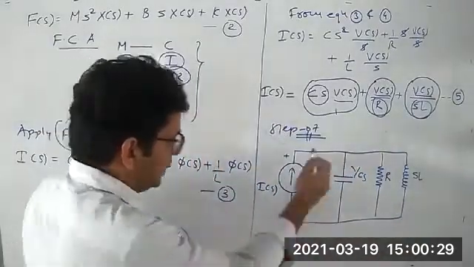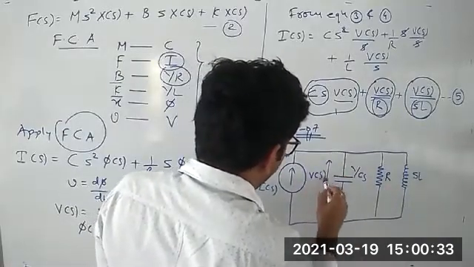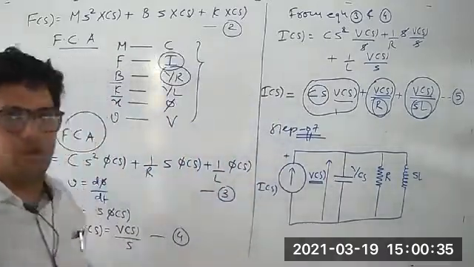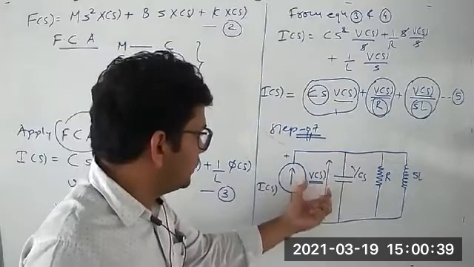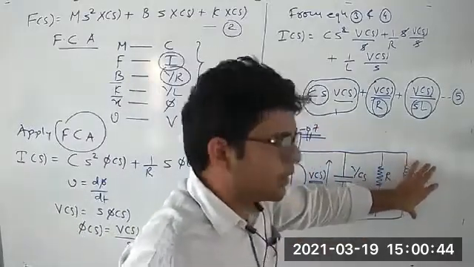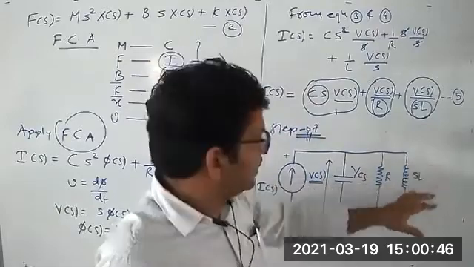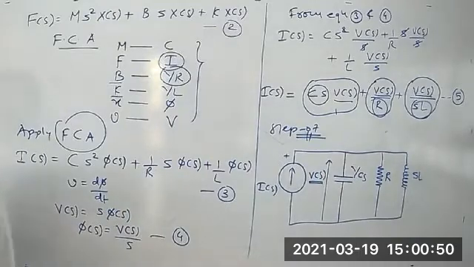configuration. And across each component, here we are having the voltage as V of S. So this V of S is applicable across the capacitive reactance, the same V of S is applicable across your resistor, and the same V of S is applicable across your inductive reactance. So in this way we can apply the force current analogy in order to obtain the analogous electrical system of the given